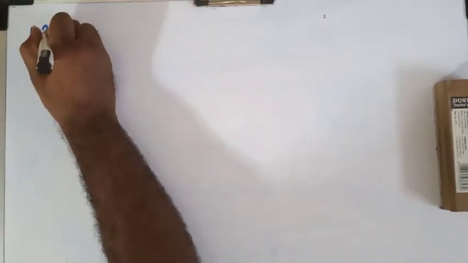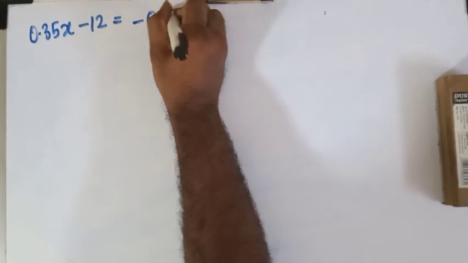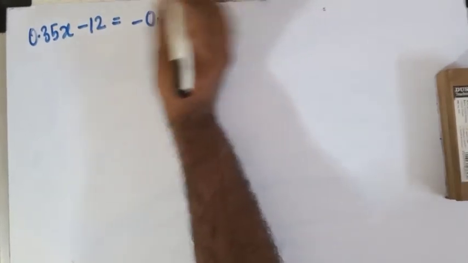Is there any other method also to solve the same sum? Yes, there is another method. So let me write down the question first. 0.35x minus 12 equals to minus 0.15x. Okay, so children,